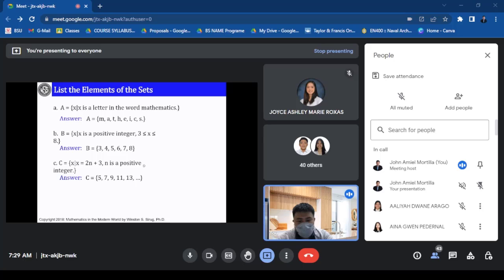So, kung magsisimula ka ng positive integer mo na 1, so, if n is equal to 1,